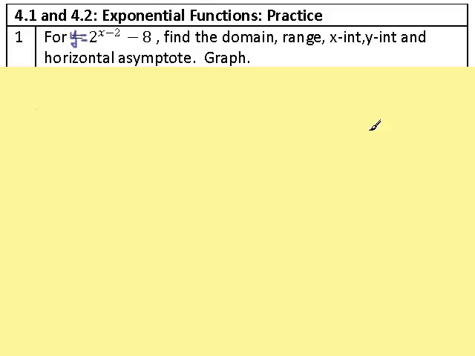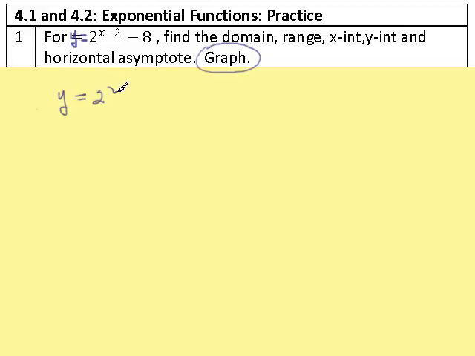In number 1, we have the function y equals 2 to the x minus 2, minus 8. And we want to find the domain, range, x and y-intercepts, horizontal asymptote, and graph. I think we'll start with graphing. So what we're going to do is translate